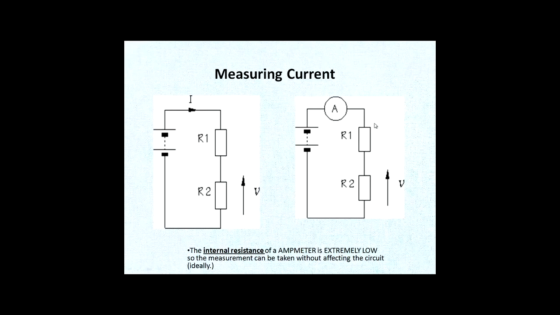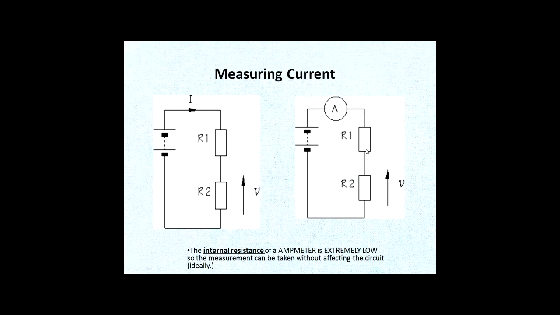Okay, so the idea is to take the measurement without affecting the circuit. So how do we not affect the circuit? By connecting something in series with the whole current path. Ideally, the resistance of the ammeter should be 0 ohms. There should be no resistance. In reality, it is extremely, extremely low, just to make sure that we can take the measurement, but not affecting